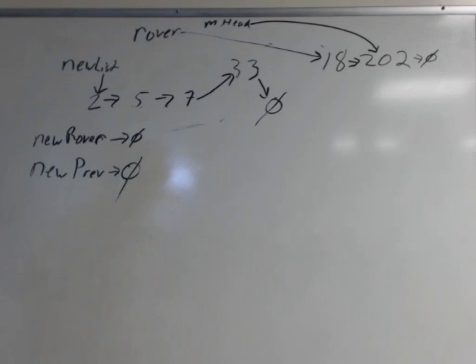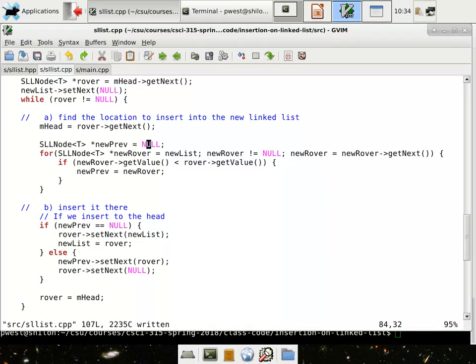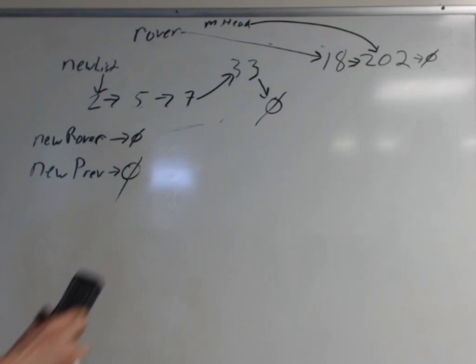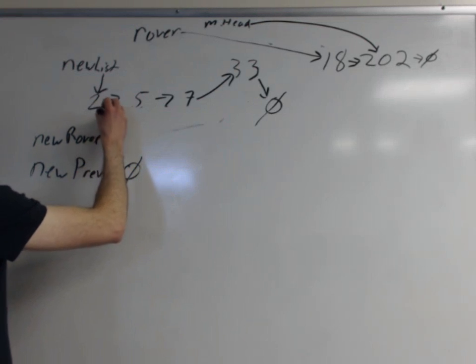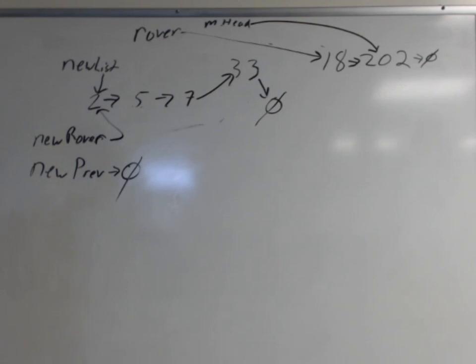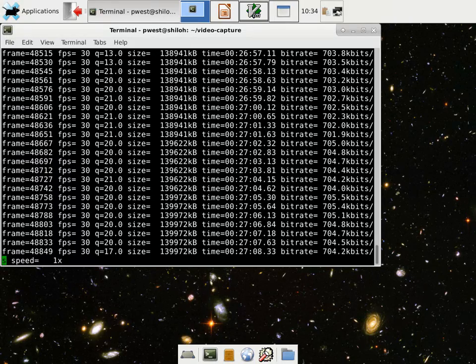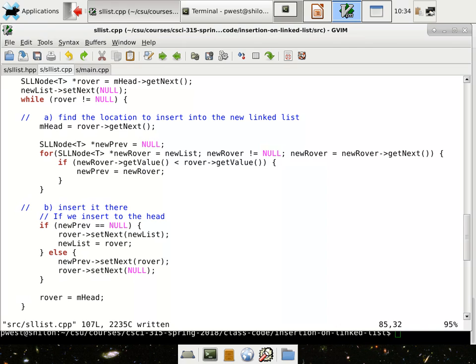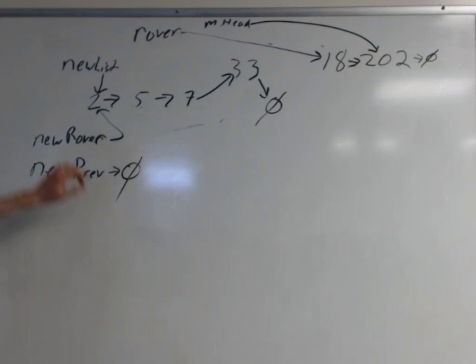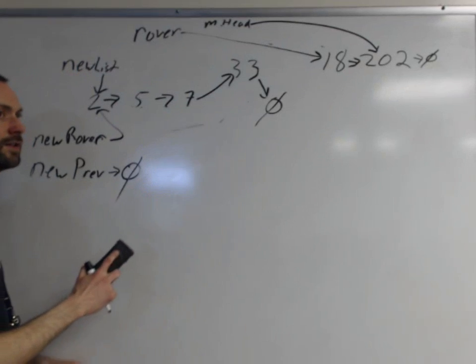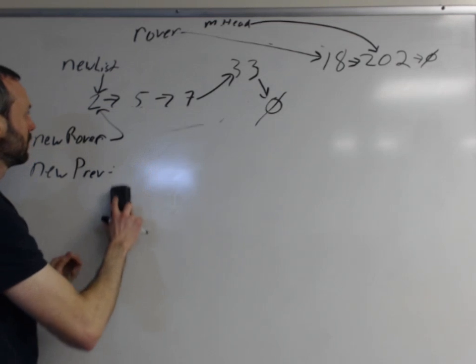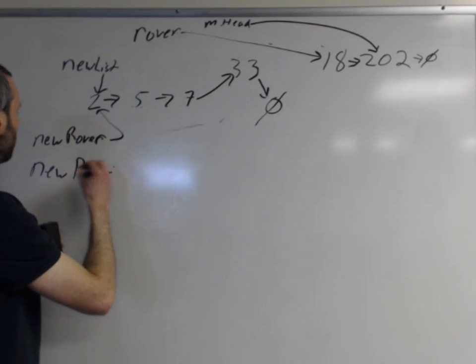We make prev start pointing to null. Oh, good, it's already doing that. Convenient. We make new rover point to the new list. So new rover is now going to point to the 2. While new rover does not equal null, rover dash next. Great. And now we're going to compare new rover's value with regular rover's value. So new rover is 2. Rover is 18, so is 2 less than 18? Yes, so we're going to have new prev